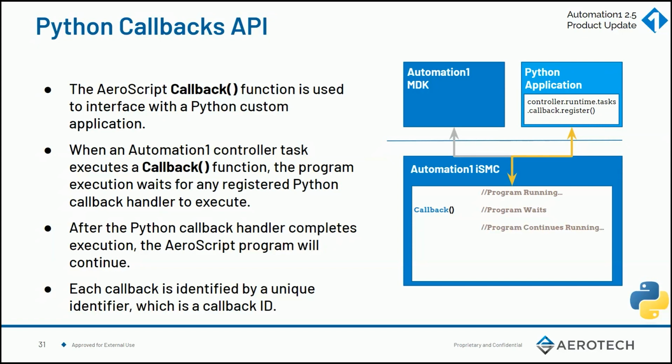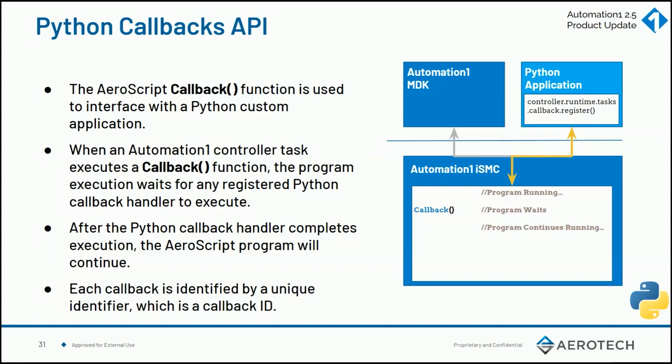So you'll see on the right-hand side, there's a callback function in the bottom box that goes up to the Python application in the non-real-time layer where there's some callback handler in Python waiting to get indication that it's its turn to go. So it tells the callback handler that it's completed, and then the AeroScript function down at the ISMC at the real-time level is able to proceed on with what it's doing. So it's a nice kind of way to handshake between two different layers of your application,